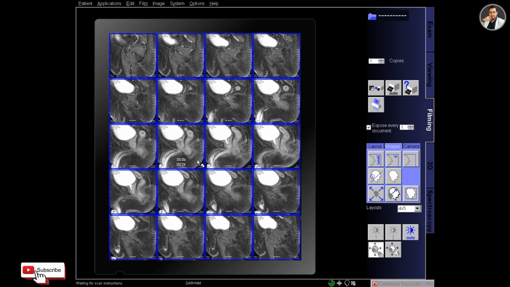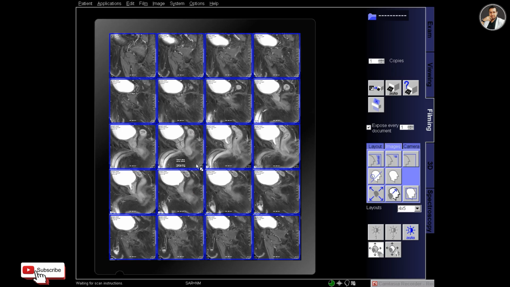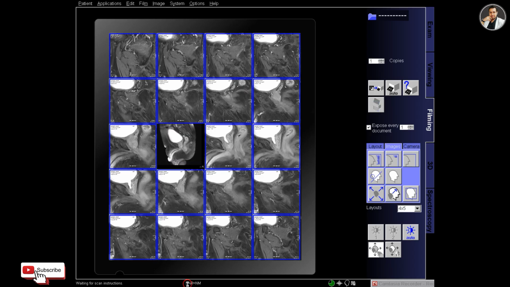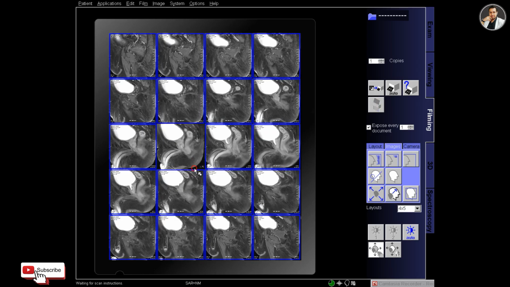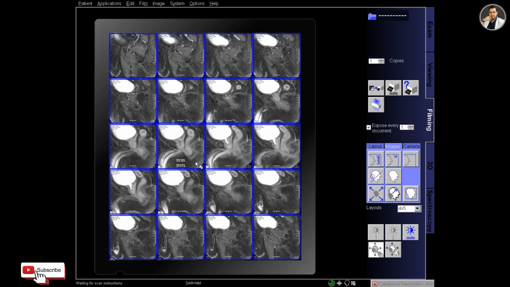And adjust the contrast of the image and also the zoom. Slightly zoom in the image so that the prostate and the bladder appear perfectly. Actually, it's a bad habit.